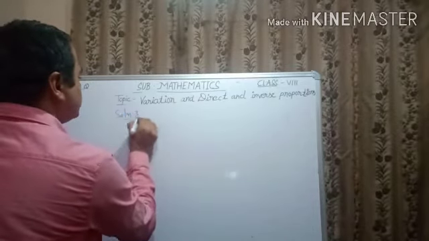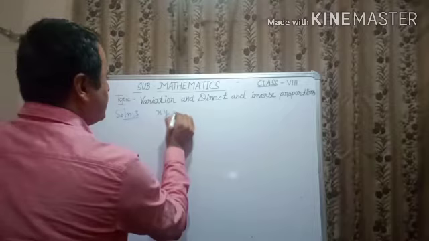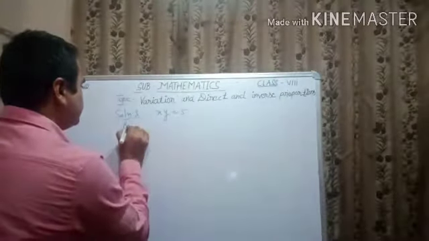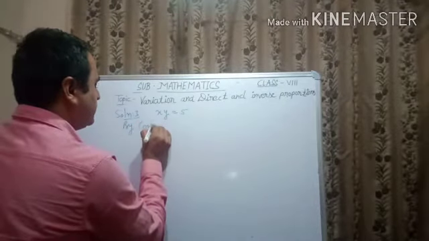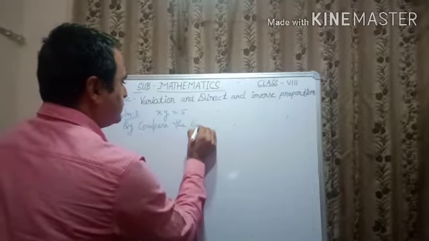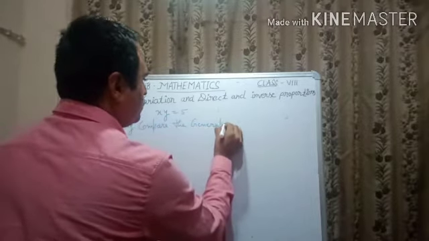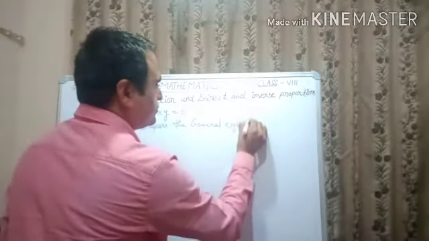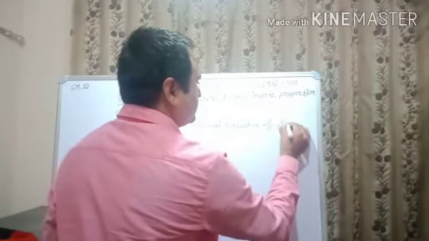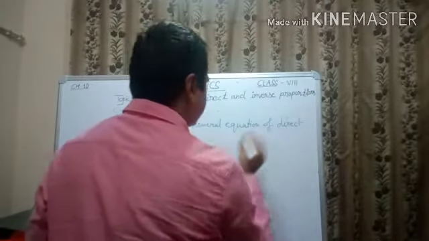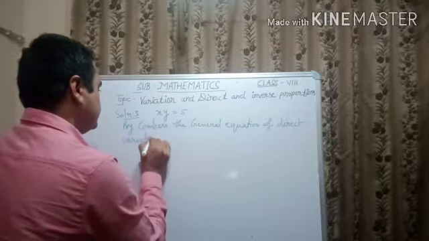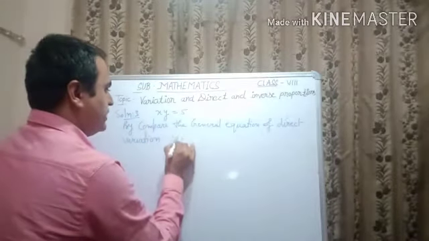The question is xy equals 5. By comparing with the general equation of direct variation,